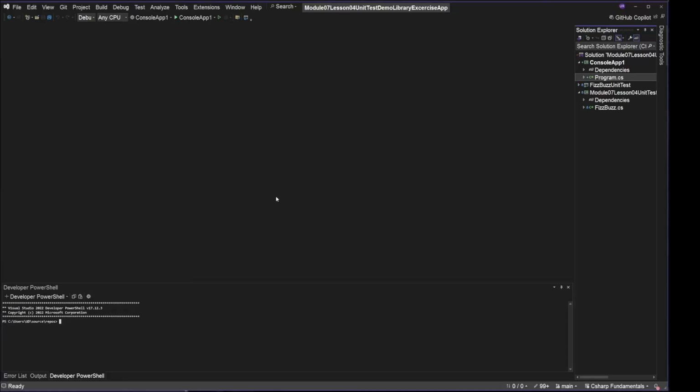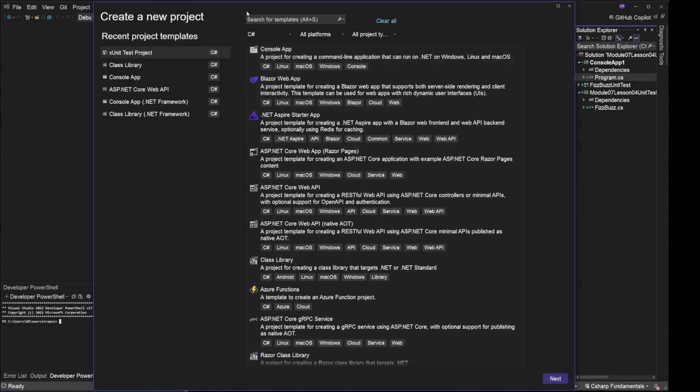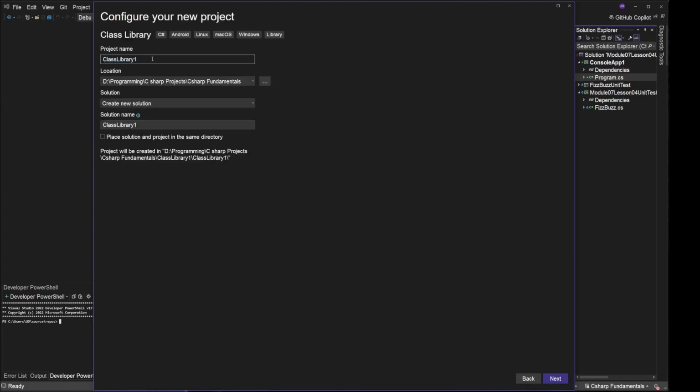Let's create a class library. Go to File, click on New, and then Project. And over here, we will select project type as class library. Select this option. I will just call my class library as